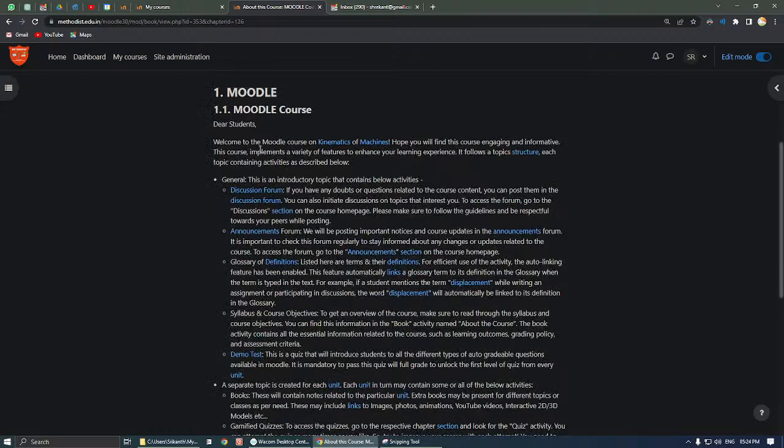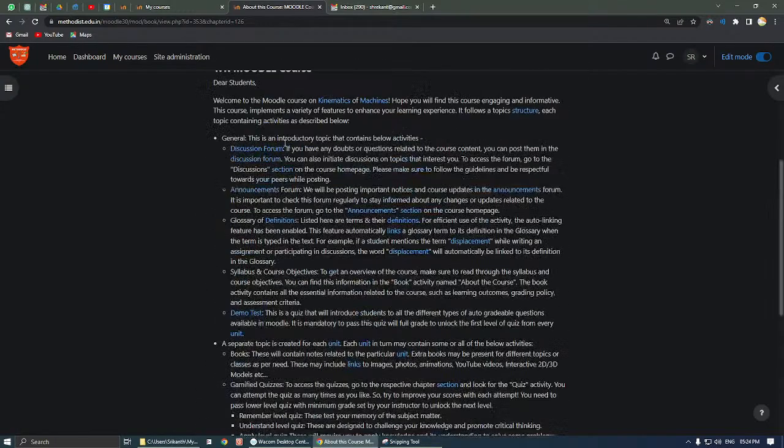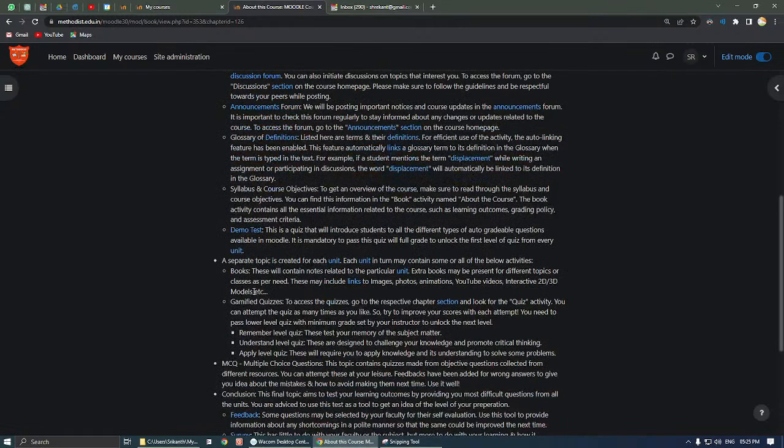So this page shows everything that is there in the course. In general, you can see that there's a discussion forum, then there's an announcements forum, and a glossary of definitions, which lists all the terms and the definitions that are used in the particular course. Syllabus and course objectives are supposed to give an idea about what topics are going to be studied in the particular course. And then we have, of course, the demo test, which is a kind of quiz, the aim of which is to make sure that the students are able to attempt all the different types of questions supported by Moodle,